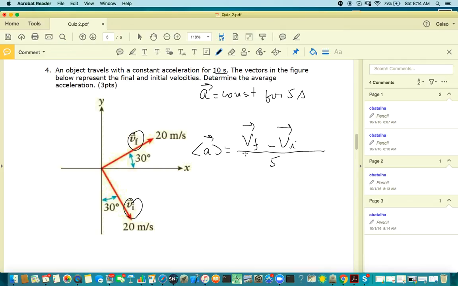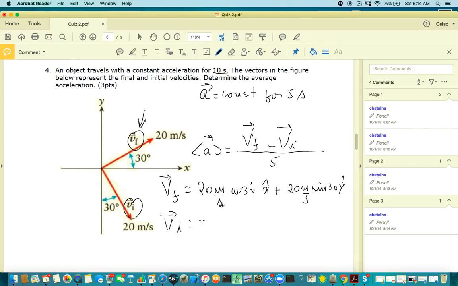Now we have to remember that your final velocity must be given as projections in the Cartesian axes, right? So final velocity, which is this fellow over here, is equal to 20 cosine of 30 in the x direction plus 20 sine of 30 in the y direction, and v initial is equal to